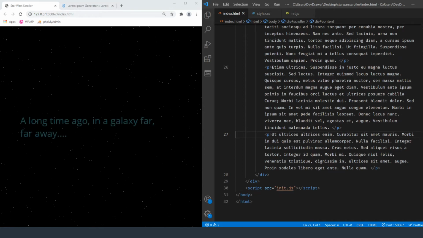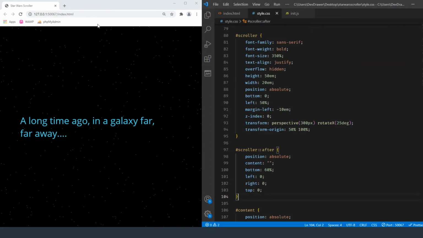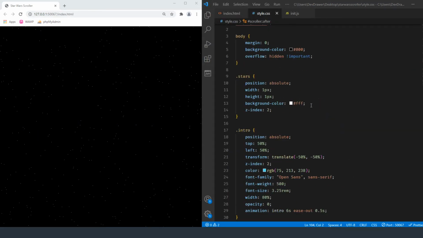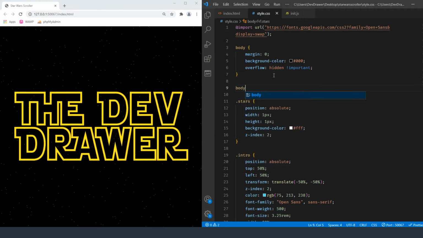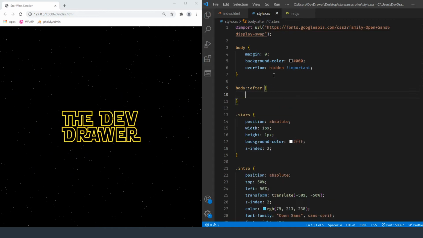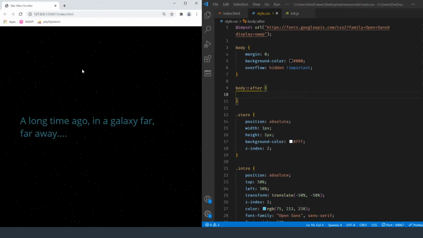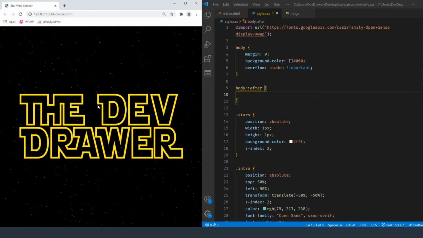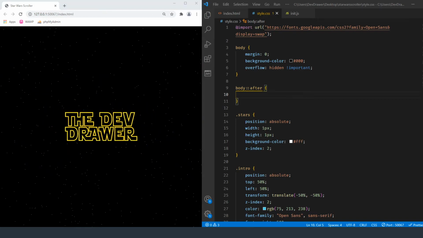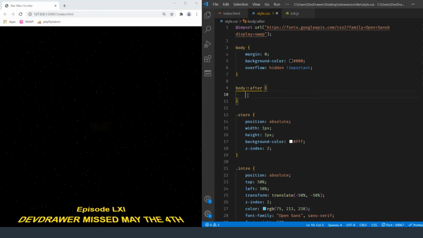Alright, so let me just clean this up a little bit. Now let me close out of this, and we can go back to our code. Let's go to the styles, and we're going to add something to this body tag up here. So we're going to do body after. Basically, we're going to add in an after tag that's going to add in some CSS, like a gradient that's only in the back, so whenever the text goes underneath it, it's going to fade out. So the text will be lower than the gradient itself. Okay, so hopefully I explained that. If not, you'll kind of see how I'm going with it.